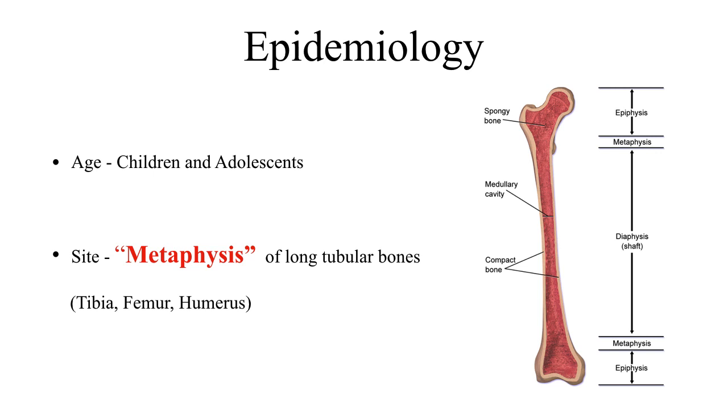Osteochondroma predominantly affects children and adolescents, and the site of origin is the metaphysis of the long tubular bones like femur, tibia, and humerus. The word metaphysis is also important because it is another entrance question. If you take this femur, the upper and lower end is the epiphysis, the middle part is the diaphysis, and the metaphyses are these orange squared regions on either end, and these are the sites where osteochondromas arise.